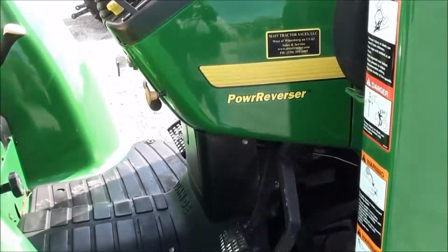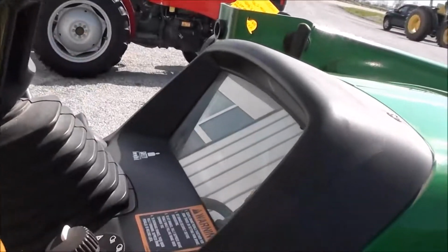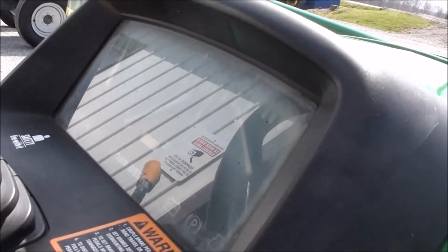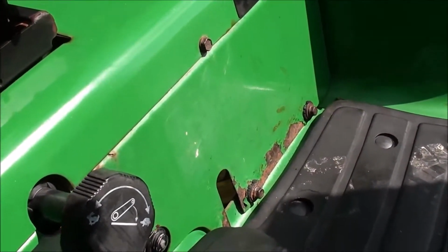This does have the power reverser transmission. And again, the hour meter is blank. We do have a new instrument panel to put in there, so that will be replaced before the tractor leaves. A little bit of rust there on the bottom